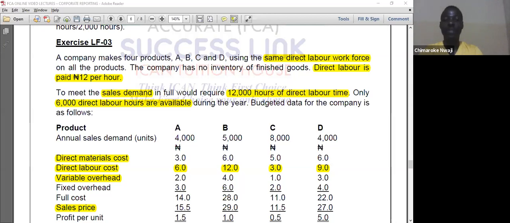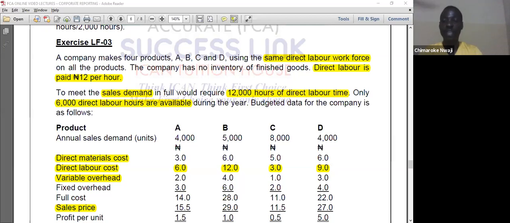Now, the third is A, which would have been third here. And the last, which is 7 here, which is the fourth, would have been the second. So you see, we don't go by contribution per unit, we go by contribution per limiting factor, just for the